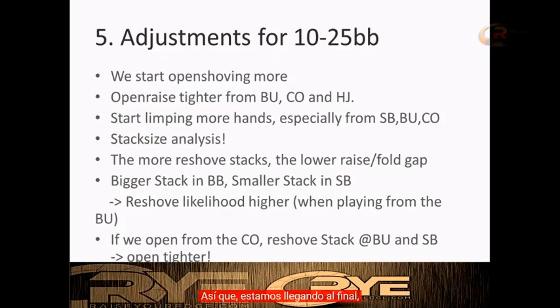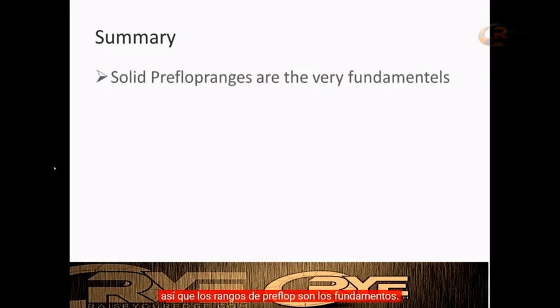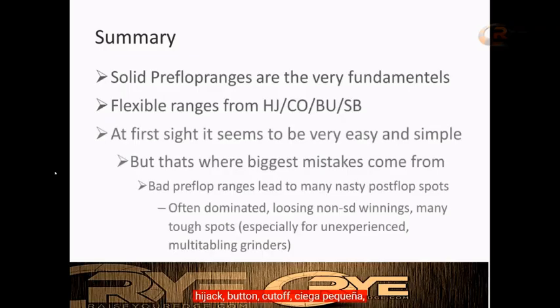So we come to an end here of this theory part. There will be a second video, as you know. Solid preflop ranges are the very fundamentals. Flexible ranges, especially from hijack, cutoff, button, small blind. At first sight, it seems very, very easy and simple, and also very annoying. I know, preflop, because you're not seeing the results based on the preflop ranges. You're going to play big pots on the river, right? And that's where you think the money comes from, winning the big pots on turns and rivers and showdowns. No, but